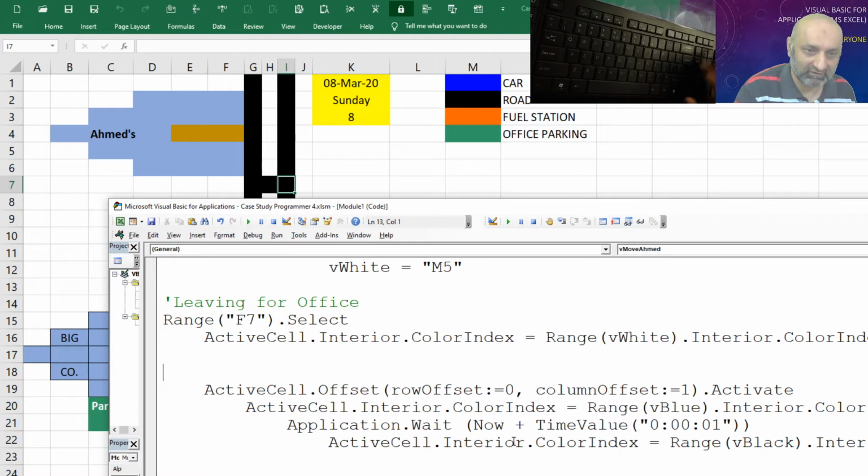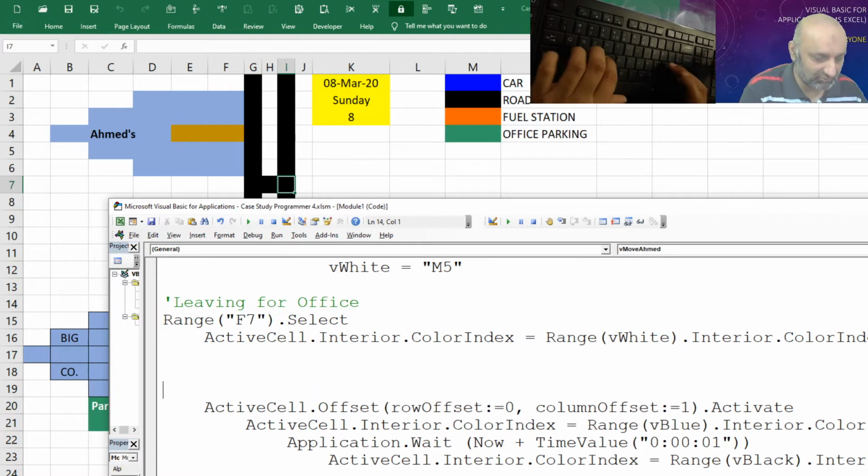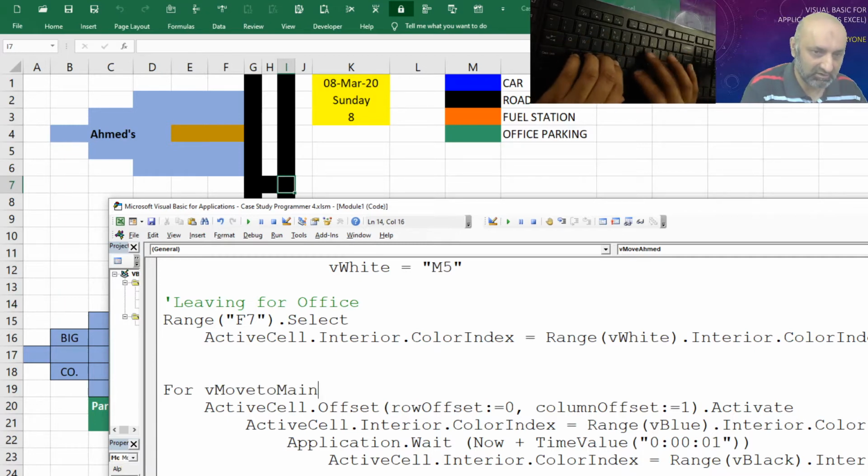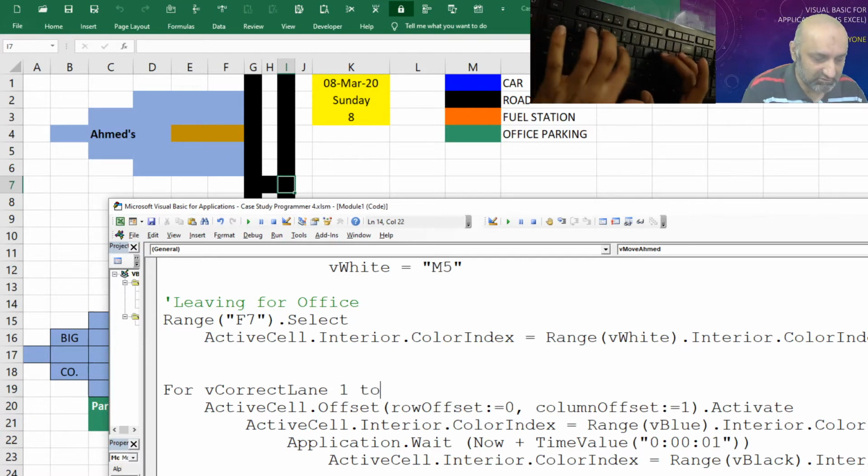So let's create the loop for moving to the main road, or we can say correct lane. This is go to correct lane. This is our loop name.